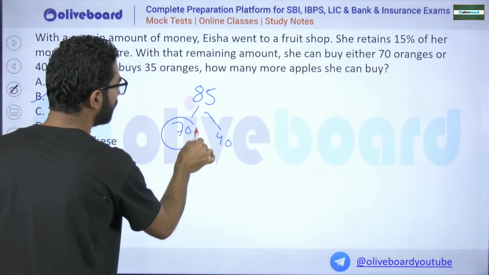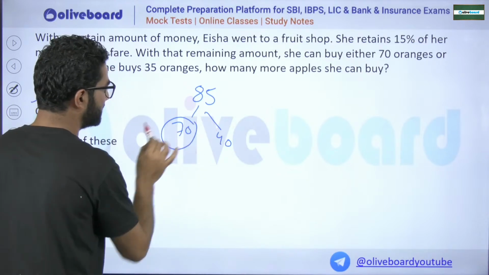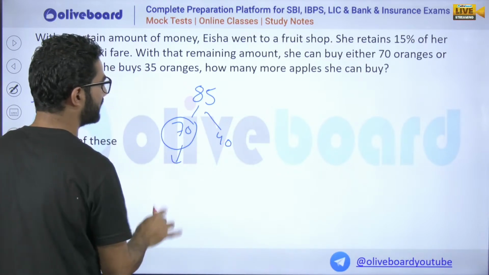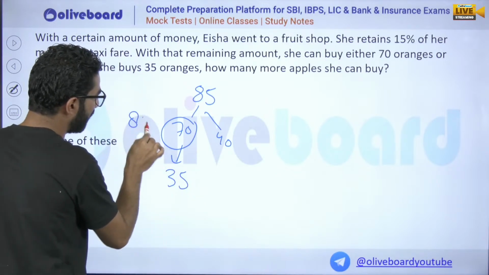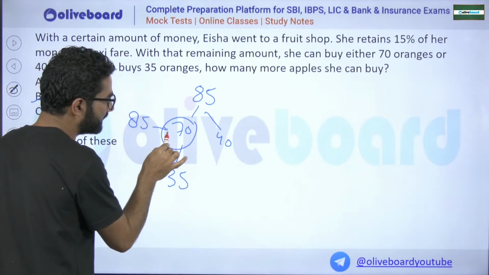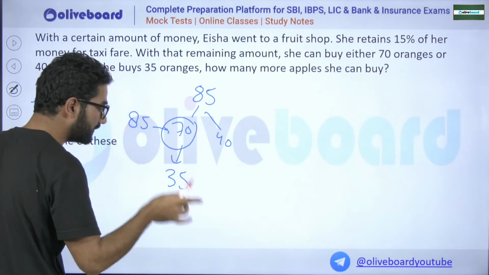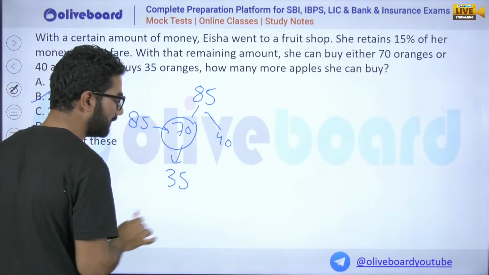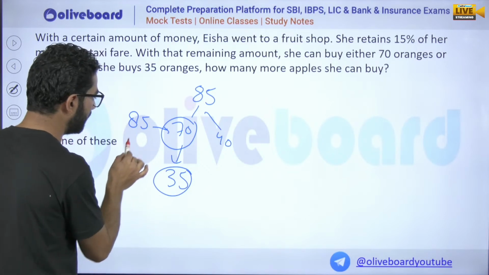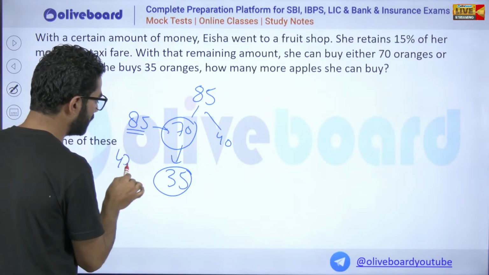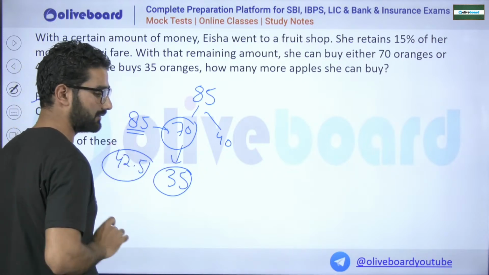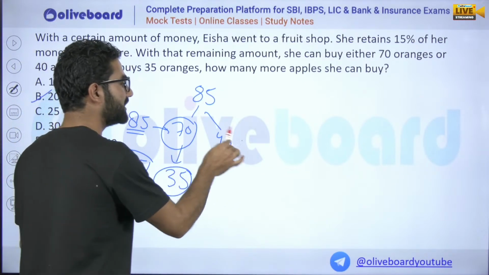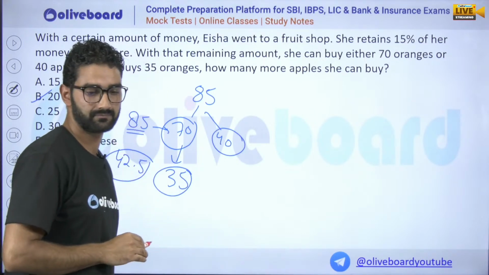Okay, 85 rupees, this is what she bought, and now she reduced it by 35. For 85 rupees she can buy 70 oranges. If I ask you how much money is required to buy 35 oranges, definitely, sir, it will be half of this money, that is 42.5 rupees. So 42.5 rupees are spent on these oranges, and how much can she buy,